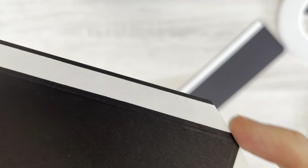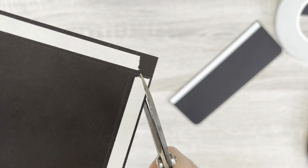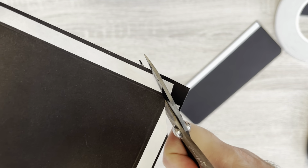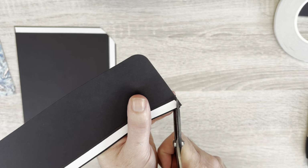So it's mitered it off, going through that cross, but at a little bit of a sharper angle, you can see there. So when we fold them back, they won't overlap and we won't have that bulk. So again, up to the cross, take my scissors and cut. And we can do the same for here. We can just miter off